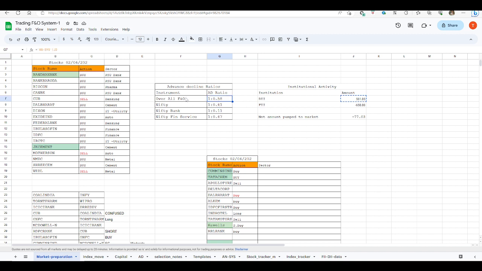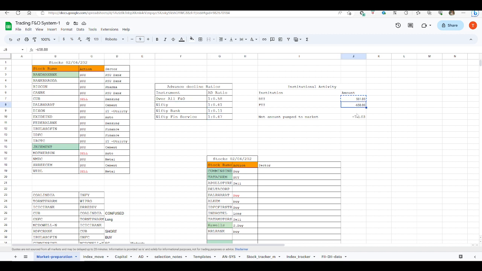At the same time, Banknifty has more strength than Nifty and Finnifty. That means Banknifty has more strength, so Banknifty may drive the Nifty as well tomorrow. I am seeing a little strength in the Banknifty when we compare it with the Nifty and Finnifty. This is looking a little bit strong.